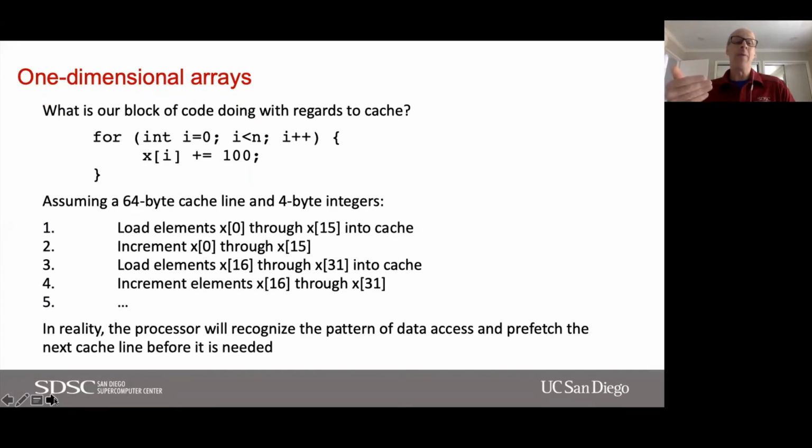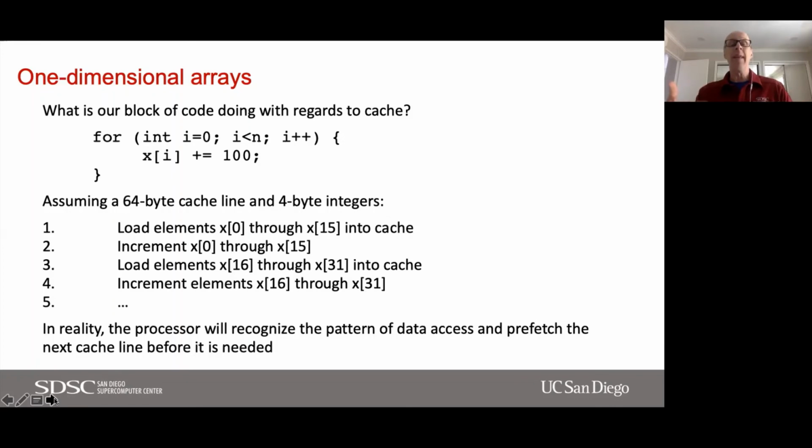So what's going to be happening under the hood? If I look at this snippet of code where I'm incrementing all the elements of array X, just adding 100 to them, I'm going to start off by loading elements x0 through x15 into cache. I'm then going to increment x0 through x15.